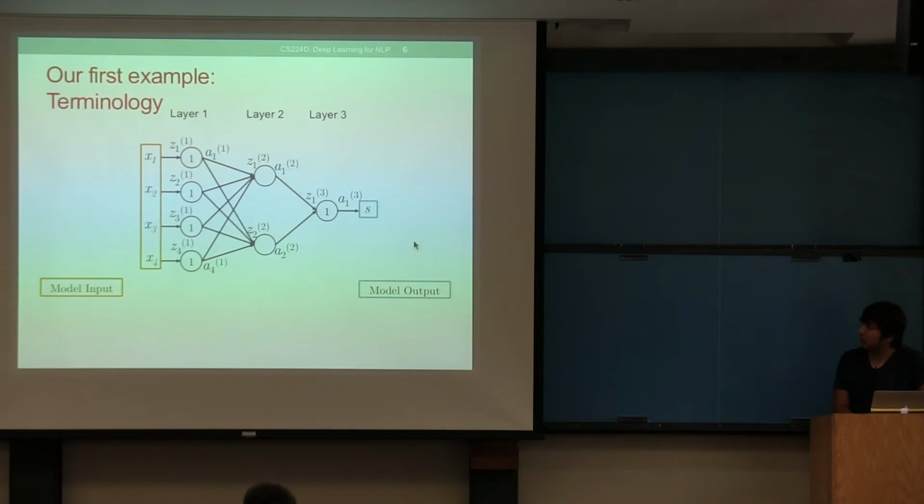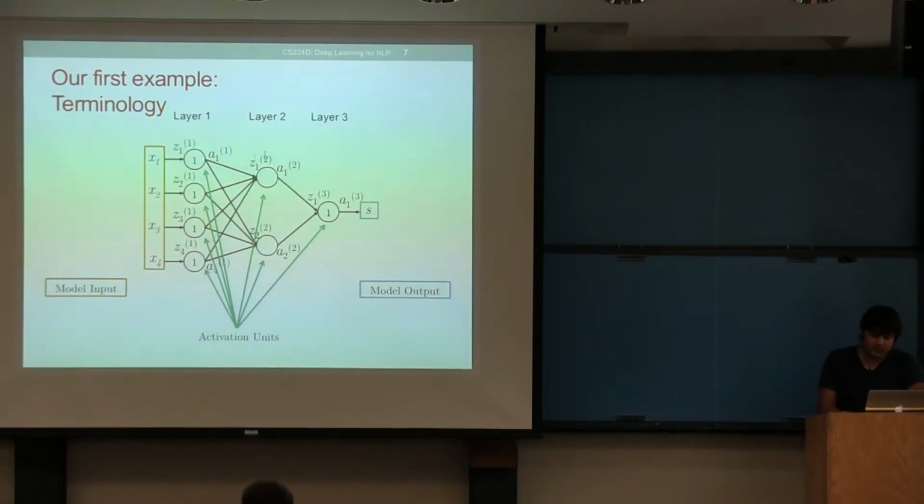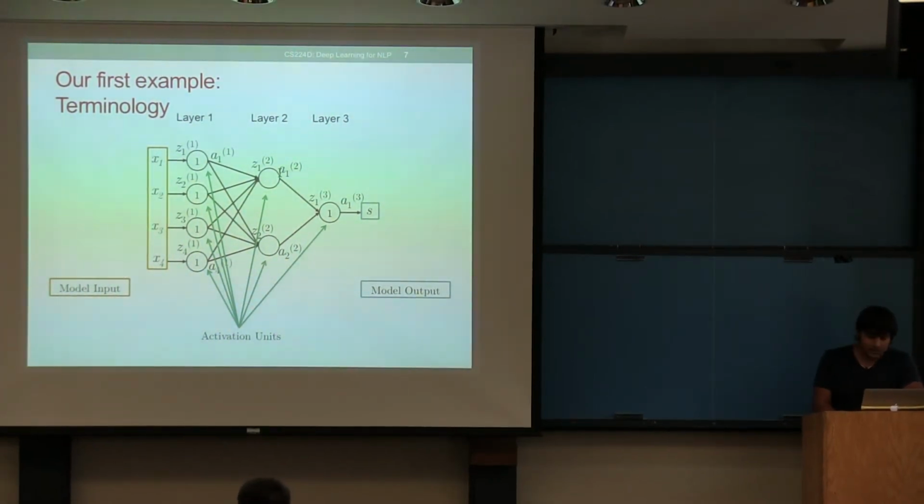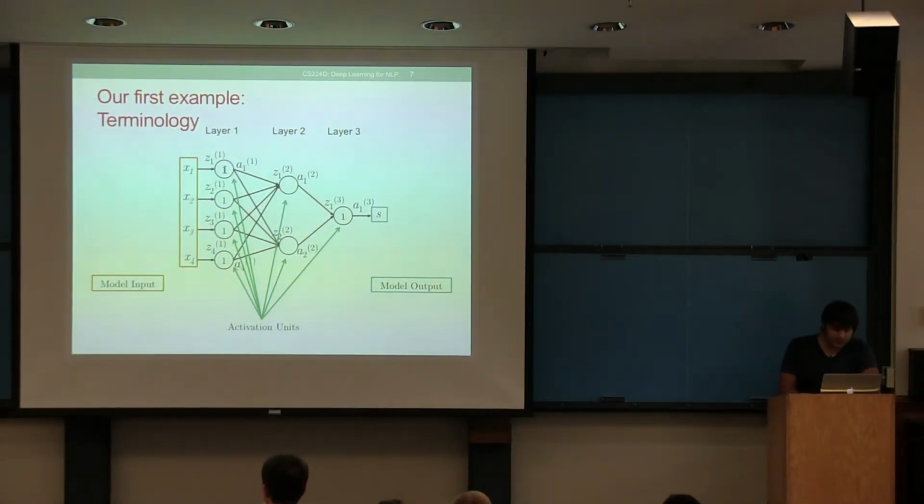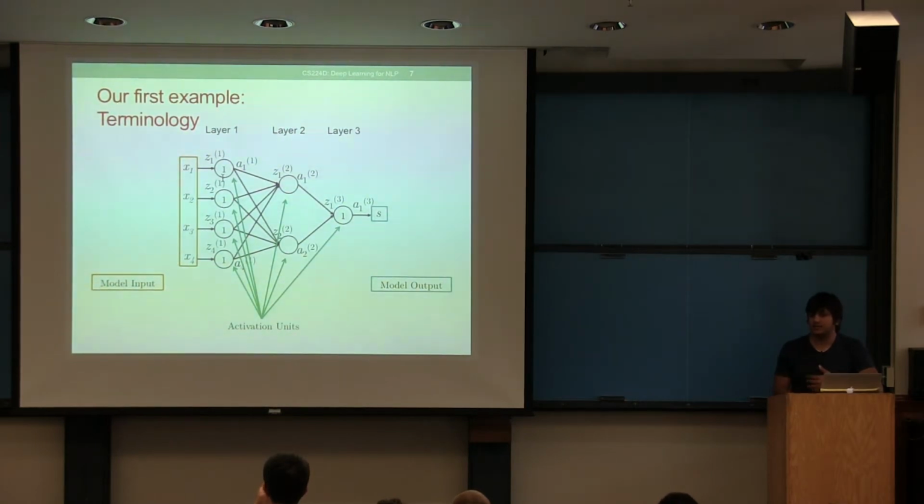This is the S. This is a score. These are the activation units. Notice that I've called even the stuff on the left and on the right all of these activation units. They're not really doing much right now. They're simply forwarding the value that they receive. So I've put 1 on top of these, while the ones inside are nonlinear units. Now, it might seem like I'm trying to confuse you with this part, but really all it is doing is just maintaining the notation for the sake of consistency, so that the equations we reach at the end of this part, you can apply them almost blindly to any of this.